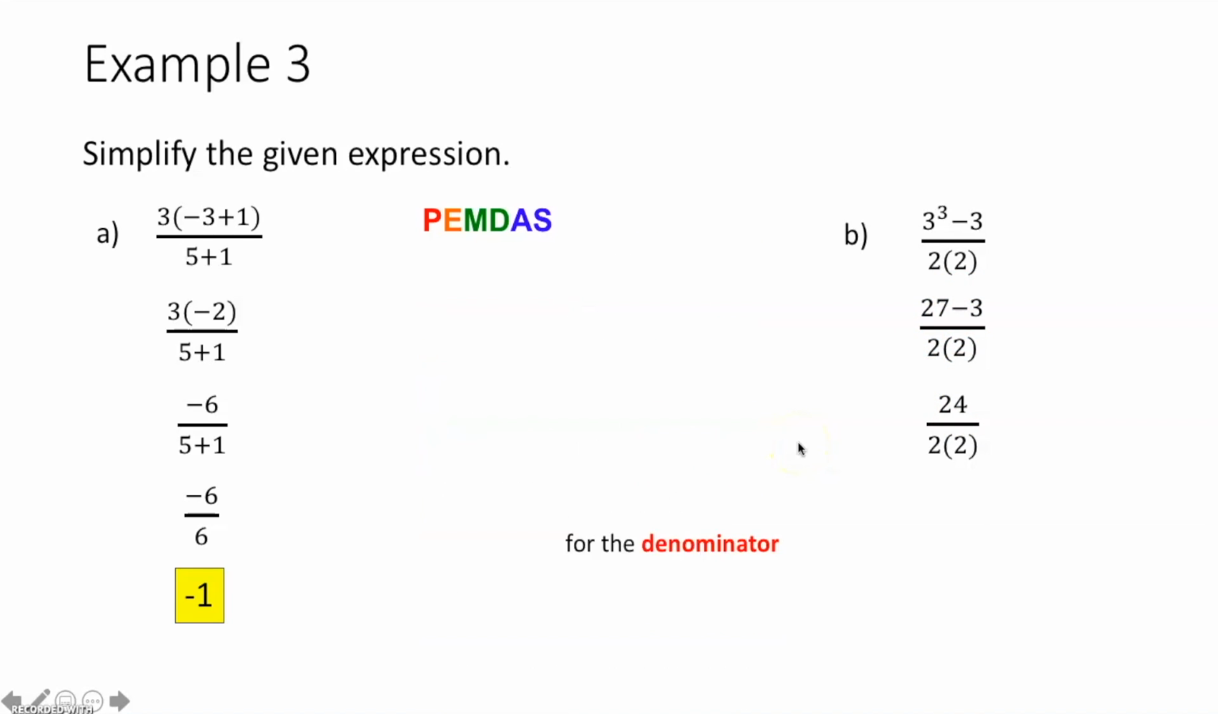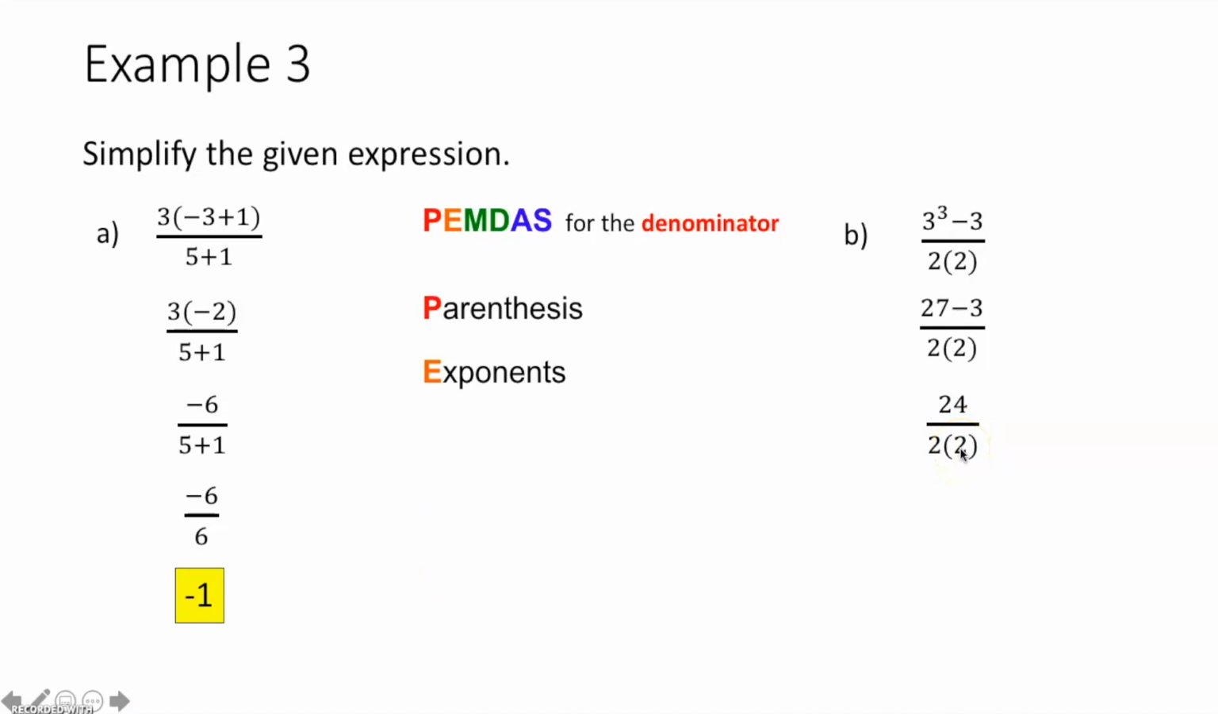Now we move to our denominator. 2 times 2 is all we got. So we don't have any parentheses. Well, there are parentheses, but there's nothing to do inside those parentheses. There's no exponents. There is multiplication. So we go 2 times 2, we get 4. Now that we've completely simplified our numerator and our denominator, we divide these two numbers and we get 24 divided